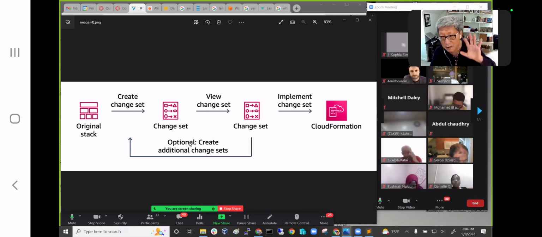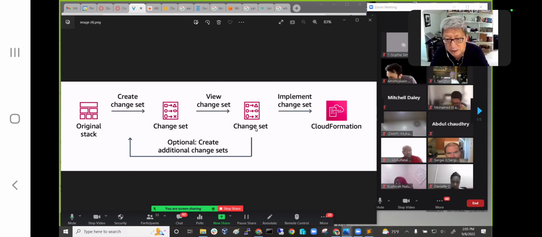A change set is basically a copy of your stack, and then you modify that. It is not the original stack. I mean the documentation, the template. So you copy a template, you modify this template, then this template becomes a change set. And then you give the change set to CloudFormation and say, hey, I have some changes. And CloudFormation will evaluate